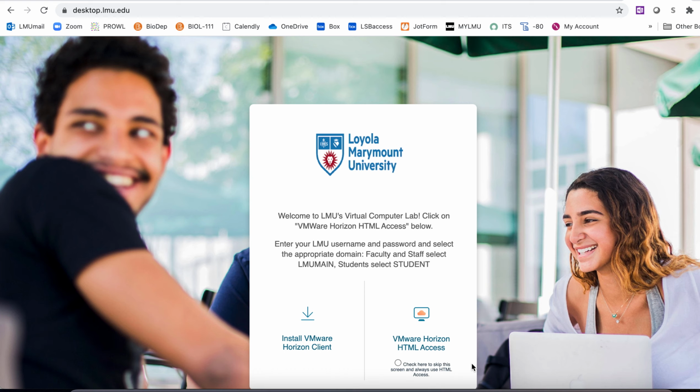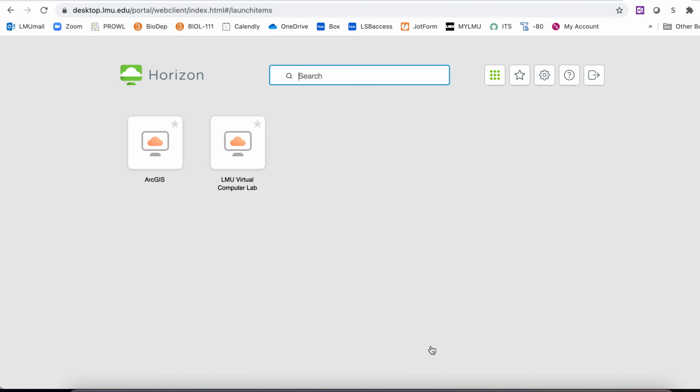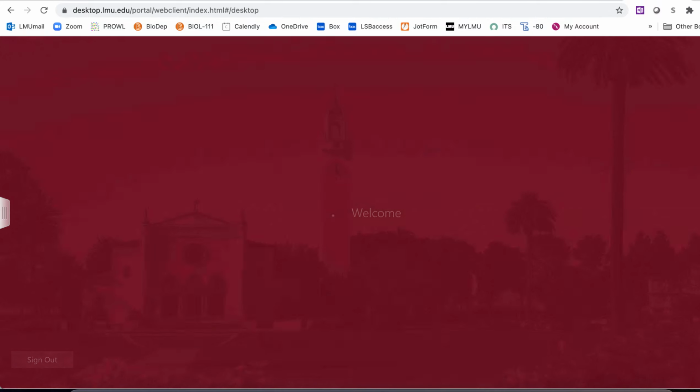In order to use Mesquite on a virtual desktop, go to desktop.lmu.edu, click on Horizon HTML Access. It will prompt you to log in with your LMU credentials and select Student in the drop-down menu. Then you'll click Virtual Computer Lab. And it will take you to your individual desktop,